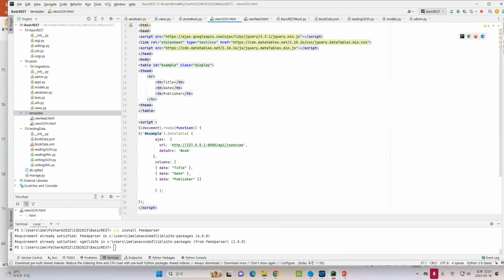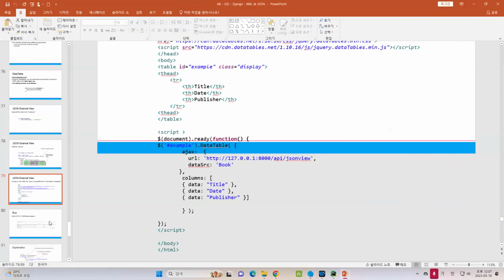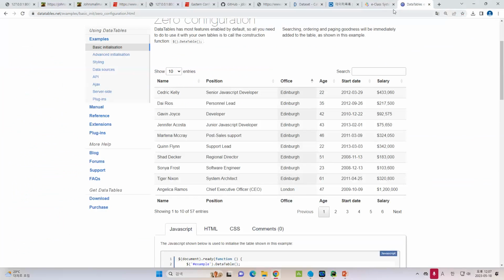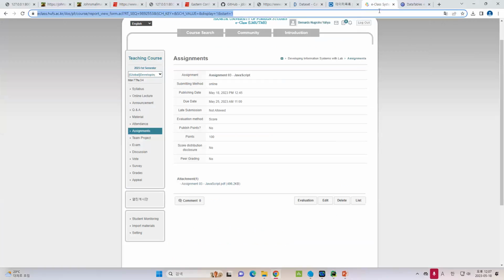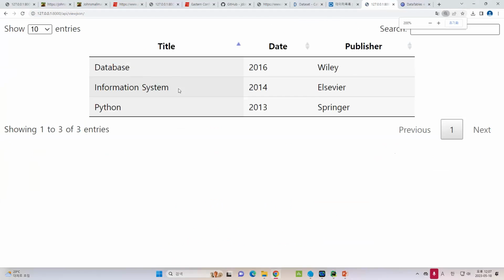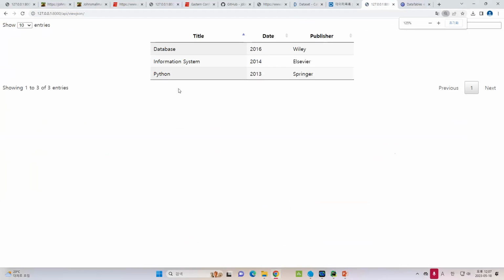Okay, after you finish with this stuff, let's try to write. Okay. Now you can see that the JSON that we have